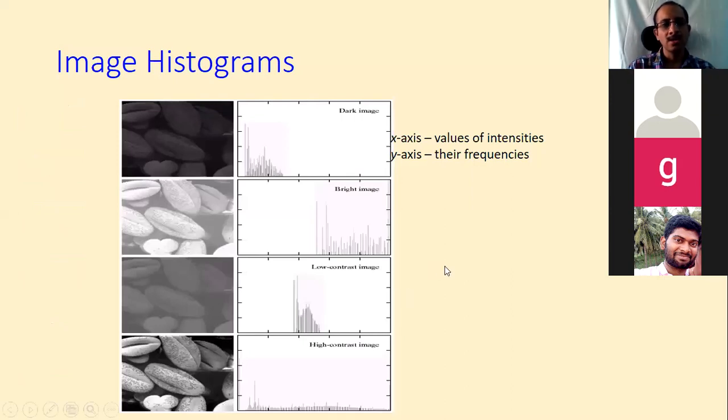Right. Okay. So this lab sheet mainly deals with two problems. The first problem of this lab sheet is on finding the histogram of an image, finding the equalized histogram, and then equalizing the image using the equalized histogram. The whole process is called histogram equalization. The first problem that you will be doing as a programming assignment in this lab